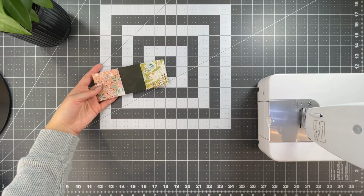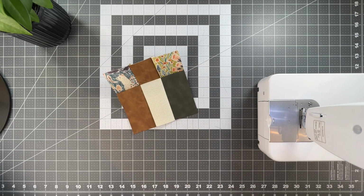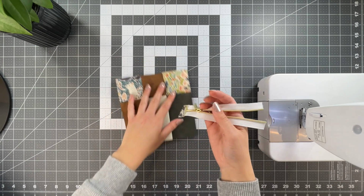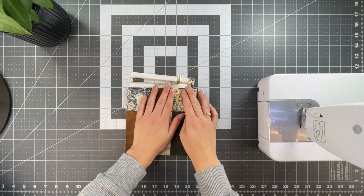Starting with either this piece or this piece, I'm going to start with this one. We're going to start attaching our zipper. I've shown this technique in my Pen Pal pencil case video, but what we're going to do is curve our zipper. So we want our zipper to be placed like this up here, but we want this